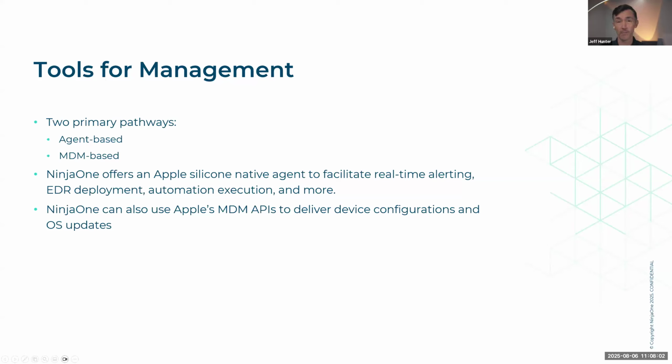See, a quick question here. Is the Intel Mac supported as well? Yes, absolutely. But obviously, Apple is moving in the direction of Apple Silicon. We support both Intel and Apple. The agent will run on both. It is just that you no longer need Rosetta if you're on an M1 or an M chip Mac. You no longer need to have the agent run in Rosetta. It'll run natively